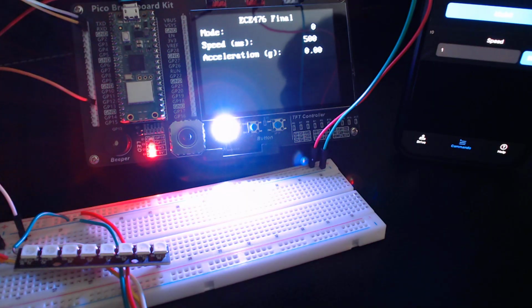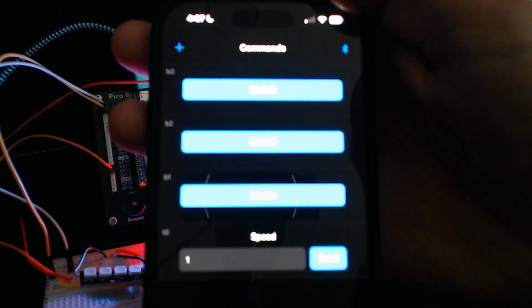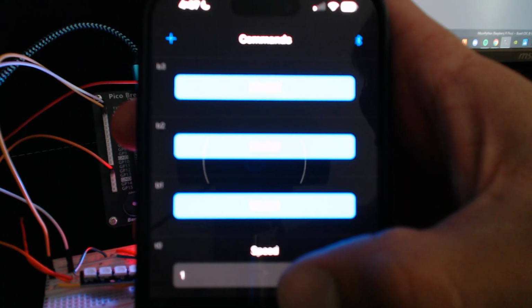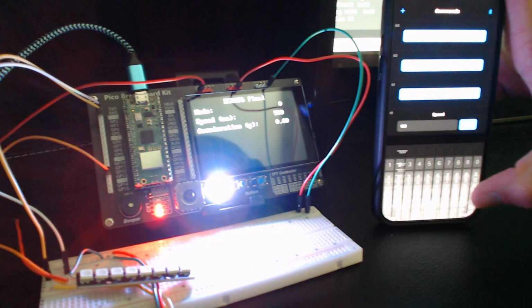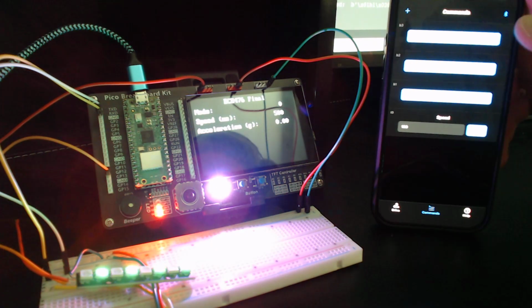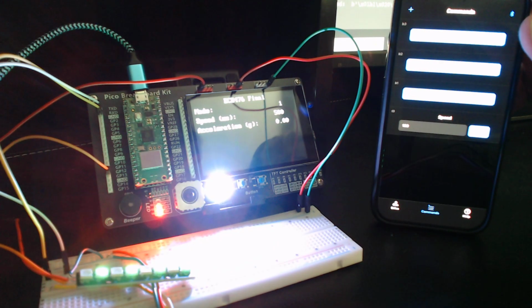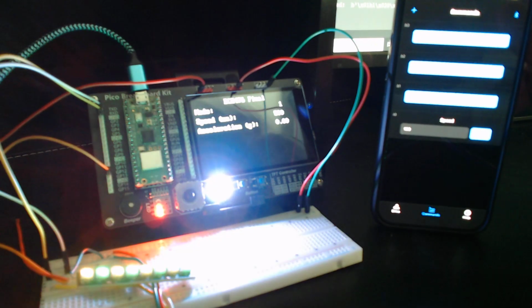So I'm trying to make sure I get the phone screen in here too. Should be good. So if you can read these a little bit better, if it wants to focus. Well, the buttons are mode 3, 2, 1, and the speed is a number input here. So I'm just going to type in 100 right there for right now. So if I click to mode 1, you can see the LEDs go alternating. On the screen it changes mode to 1, speed is at 500 is the default, and acceleration reads nothing right